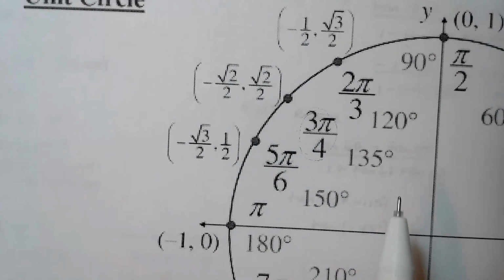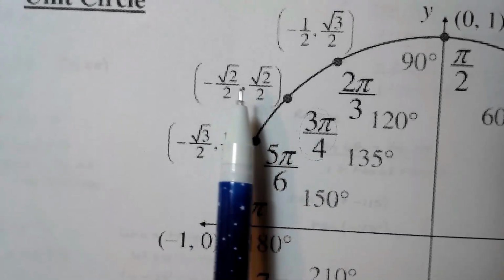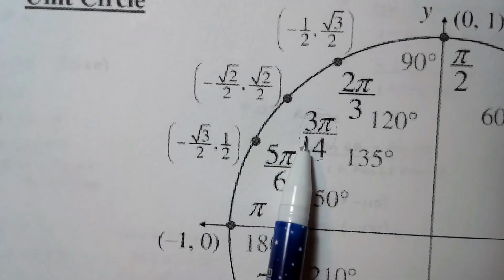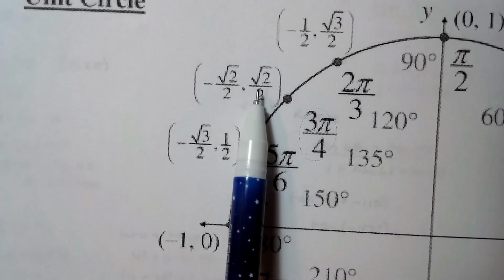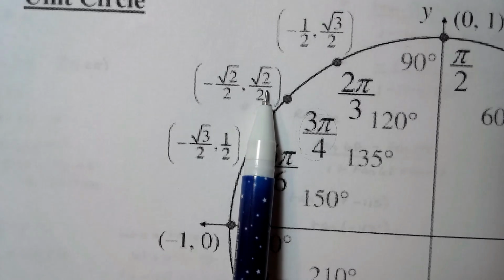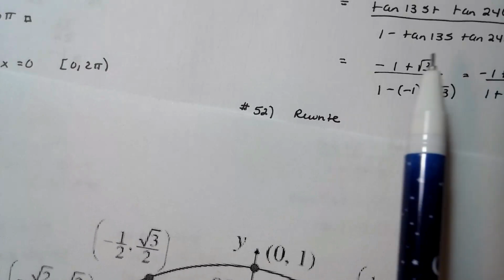So this is a little bit trickier because now, if you're thinking about the tangent of 135, well, the tangent is the sine divided by the cosine. In this case, it's pretty easy. I know tangent's negative in this quadrant because I have a positive divided by a negative, and root 2 over 2 divided by root 2 over 2 is 1. So I get a negative 1 for the